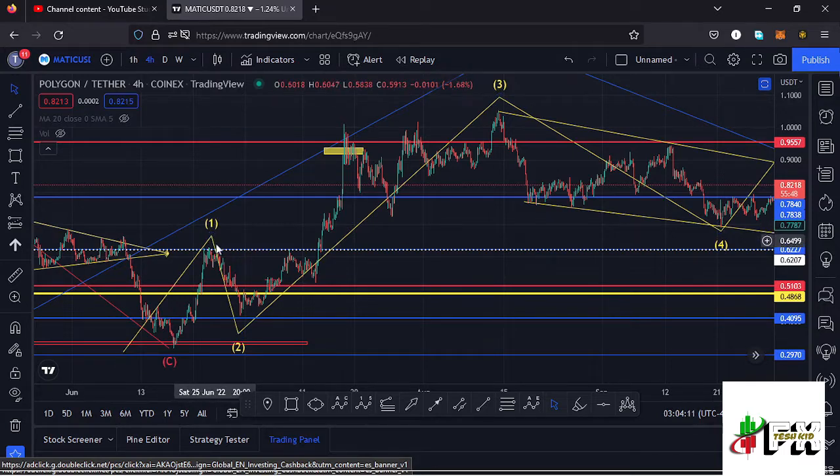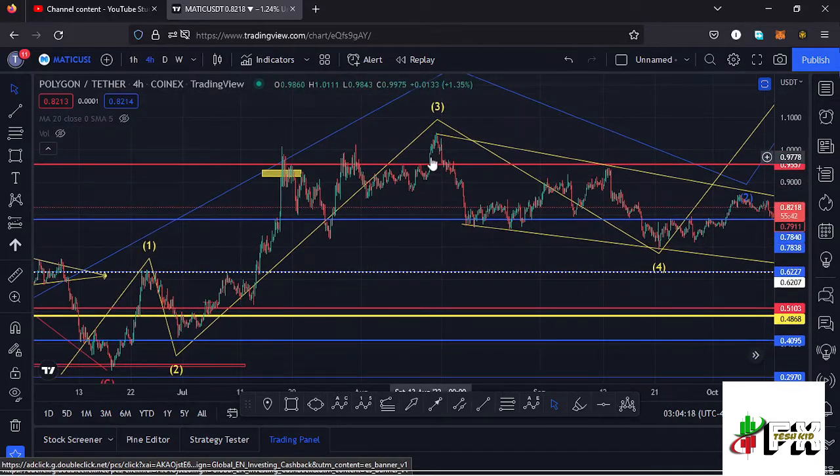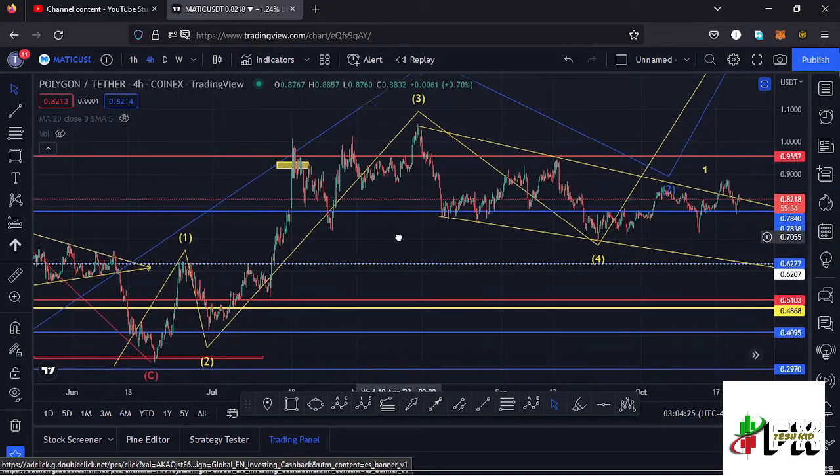then saw a very nice retracement to the lower side in the formation of a wave 2, then continued pushing higher in the formation of a third wave, making our high for that third wave at around the $1.06 mark. And after making that high, we saw a very nice retracement to the lower side in the formation of a wave 4, and because a fourth wave is a retracement of the third wave, we can use the